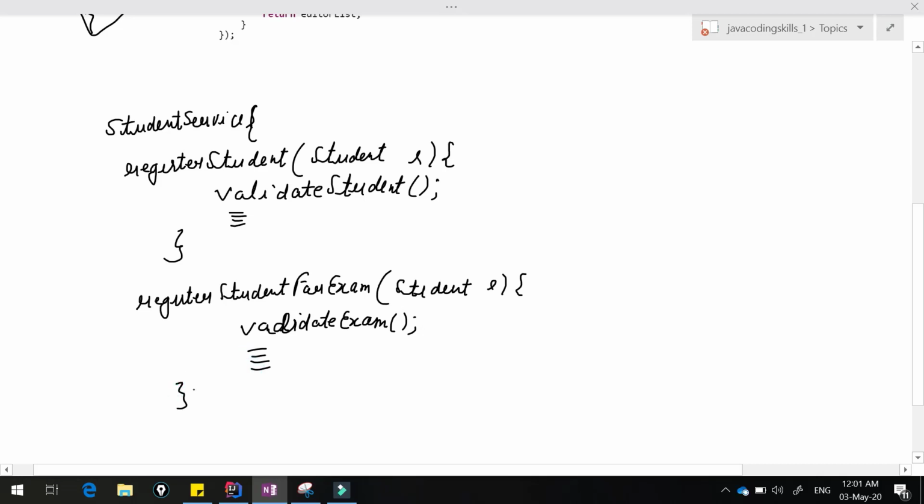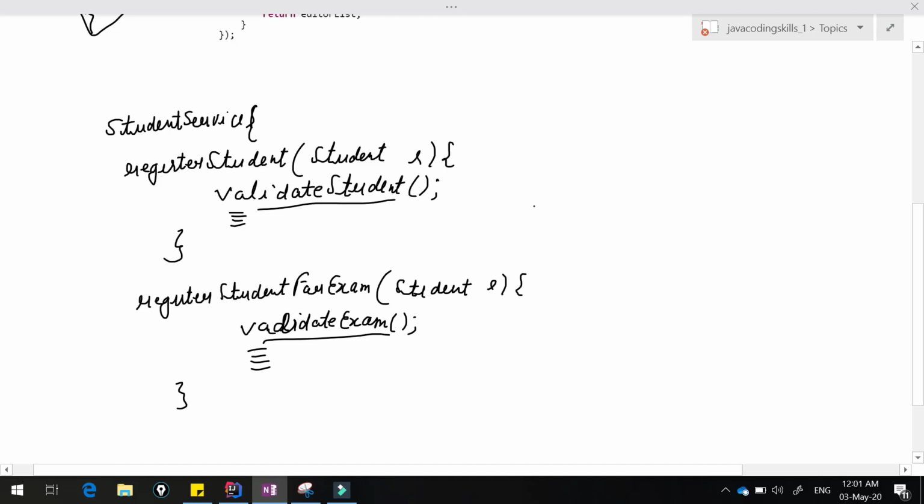Similarly, if some more requirement comes in the future, you have to follow the same pattern: validate that thing and do further action, validate that thing, do further action. So this class is going to expand like anything, and you have to write a method for everything. Suppose you have some utility classes where you write validateStudent, validateExam and so on.